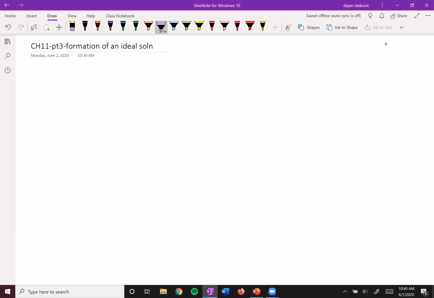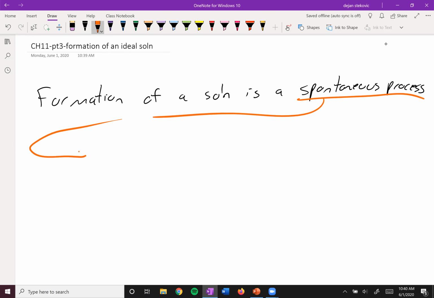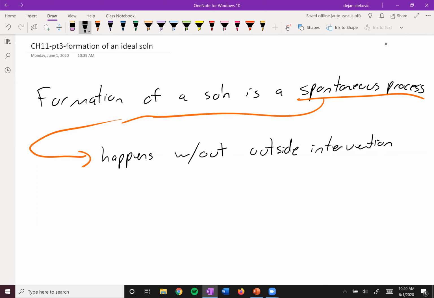All right, so let's talk about how we form a solution and what's going on at the molecular level. So the first thing we're going to say is that the formation of a solution is a spontaneous process. So what does spontaneous process mean? Well, a spontaneous process is one that happens without outside intervention. So it's something that's going to happen on its own, and you don't have to insert extra energy